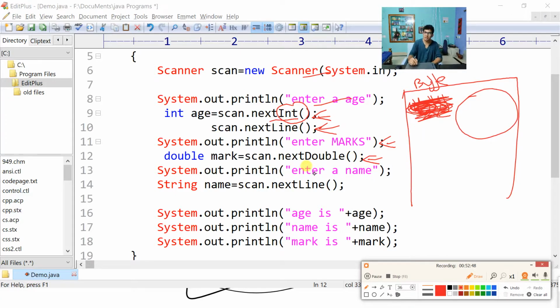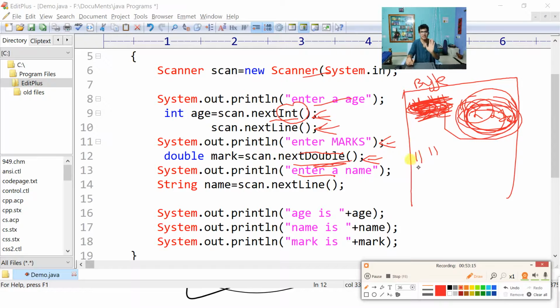Okay. Now it is waiting for you. So it will tell enter the marks, right? It is telling enter the marks, and next double. Is there any double part here? No. You are entering 12.22 as double. Your marks you have entered 12.22. Again you press the enter button. In the string we have 12.22. So because of this next double, everything is erased, but not everything. The empty string is still there.